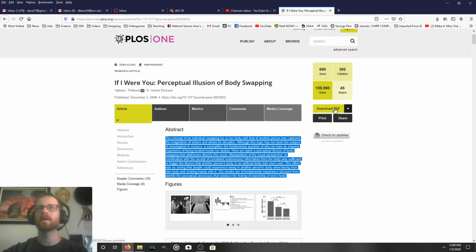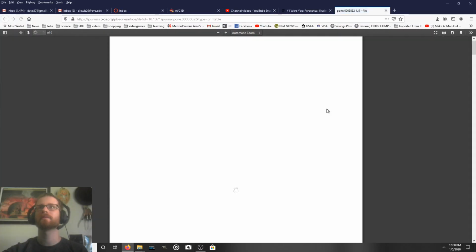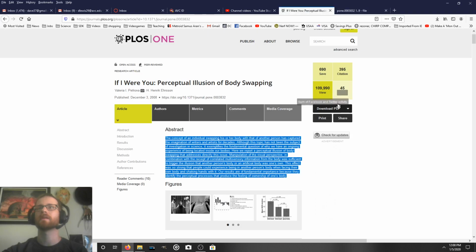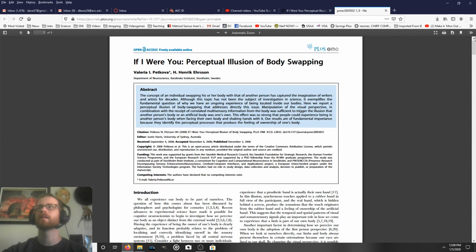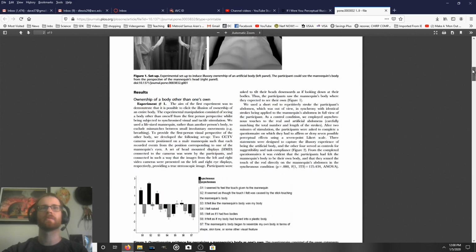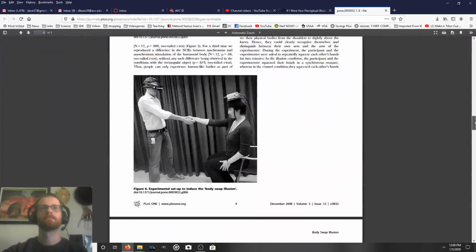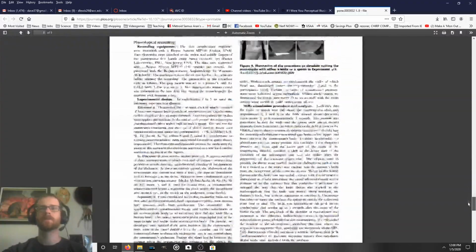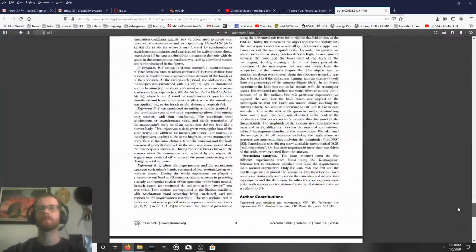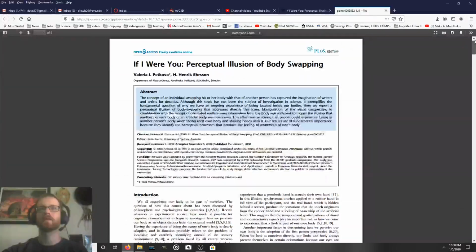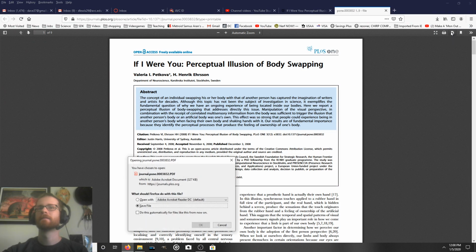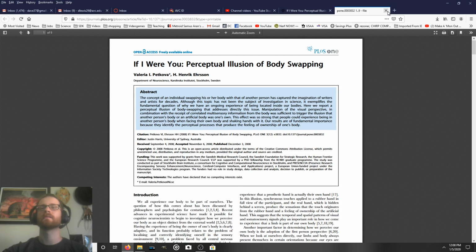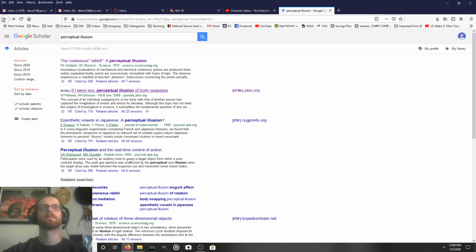But I would like to download this. Is there a way I can download a PDF? Yep. So I just clicked on the download PDF button over here, and it looks like I now have a printable version. I wouldn't recommend you print these out though. It's a big waste of paper. You can just read it on your computer. Alright, so if I want to download this and read it later, you can just click on this download button. It's going to download as a PDF, and you just save it wherever you want, and you can read it later. Alright, so that looks pretty good, but let's take a look at a few more.